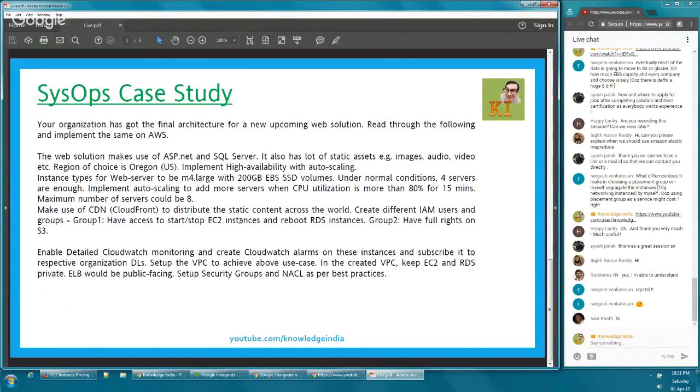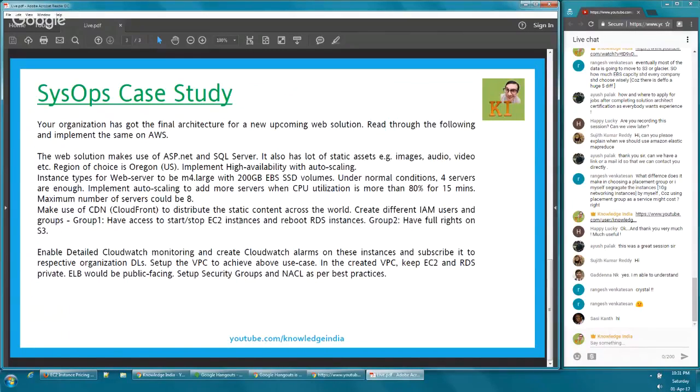So this basically is giving you a scale out condition. You can look at my auto scaling video and understand how to define it. That will give you an idea, but I'm of course going to explain this separately as well. And then the maximum number can go up to 8. That is the budget. So your minimum is 4, maximum is 8, and your scale out policy is there in front of you. We'll also make use of CDN, CloudFront to distribute the static content across the world,